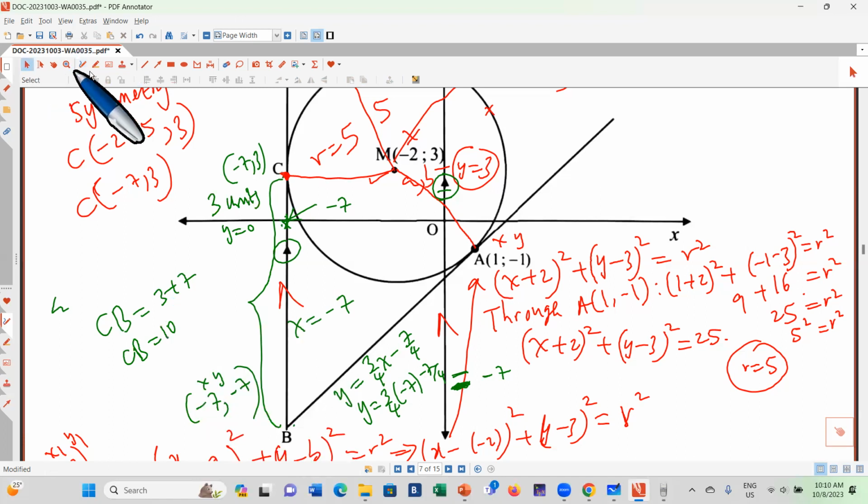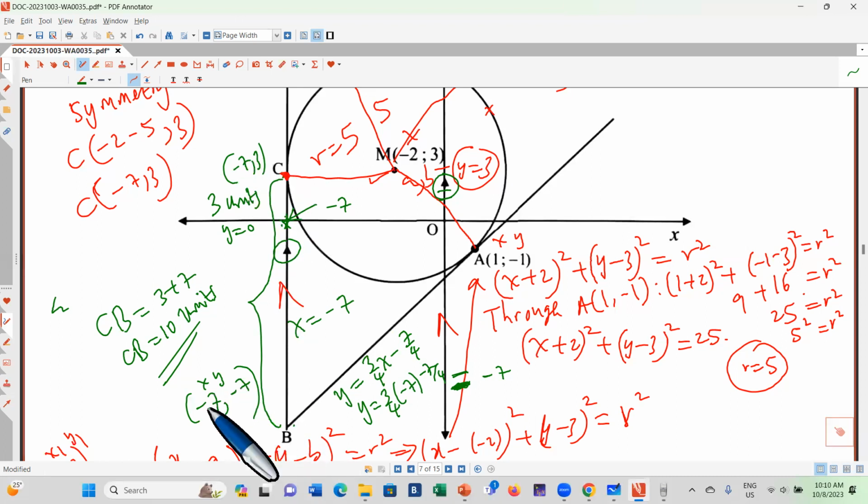Is the same as 10 units. So CB is 10 units. Okay. CB is 10 units. Right. You can use the distance formula to find it, but if the x values are the same, or if the y values are the same, you just, because here